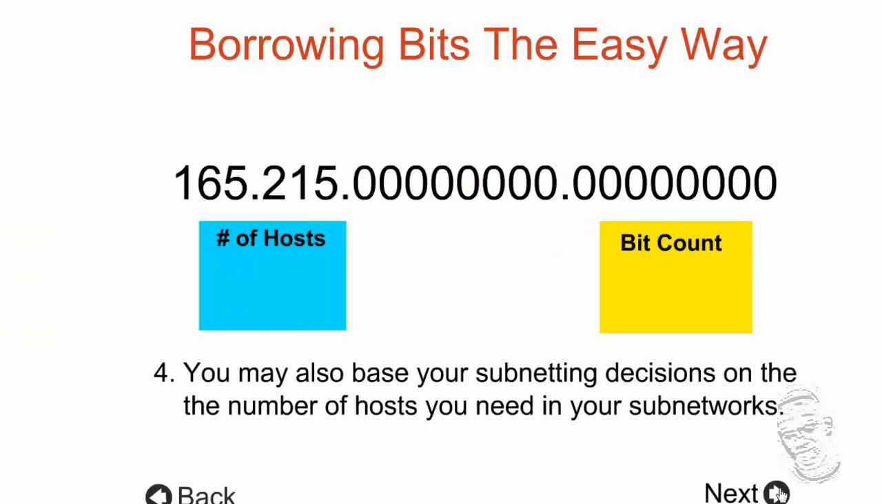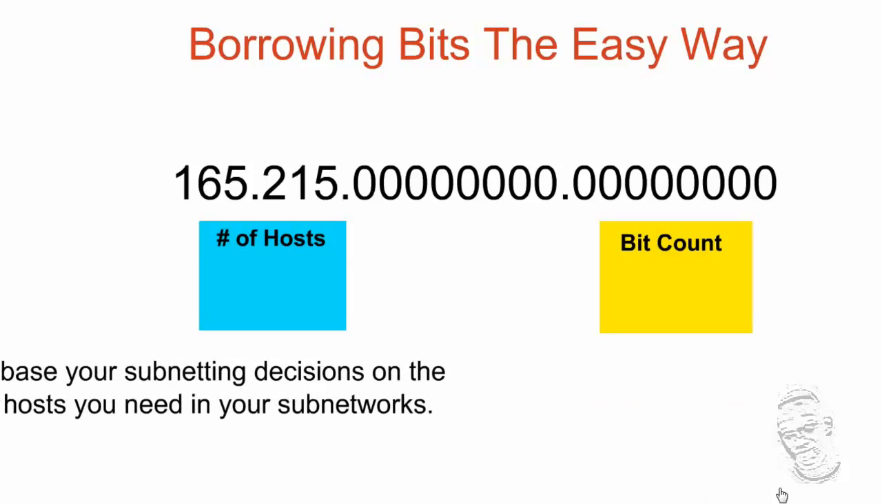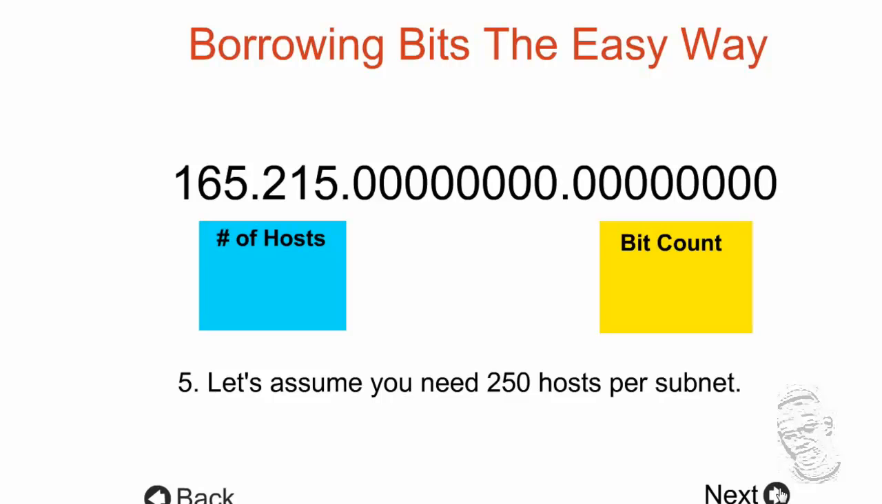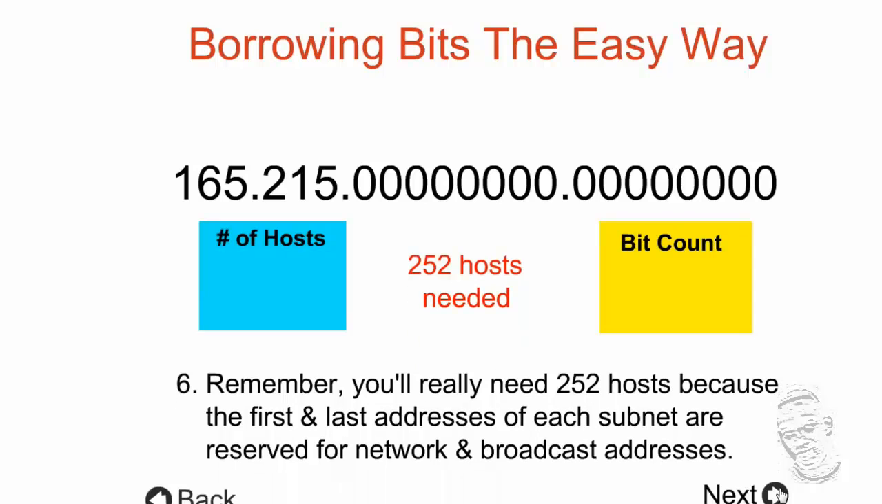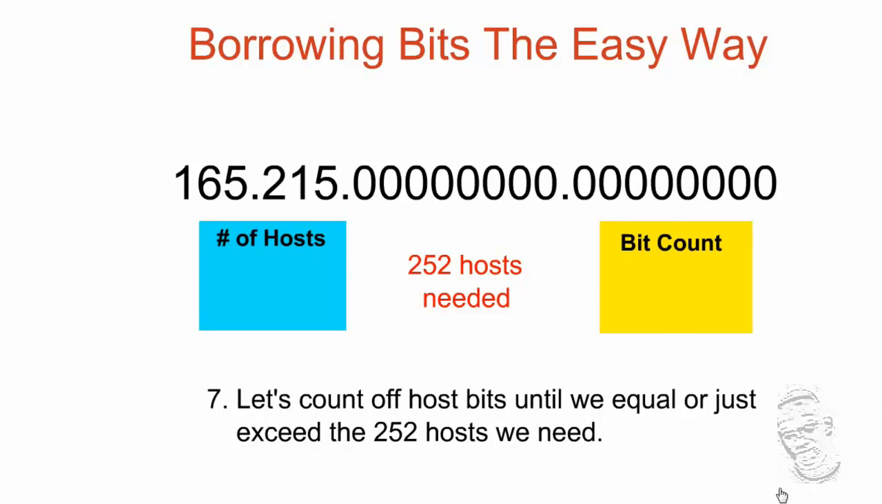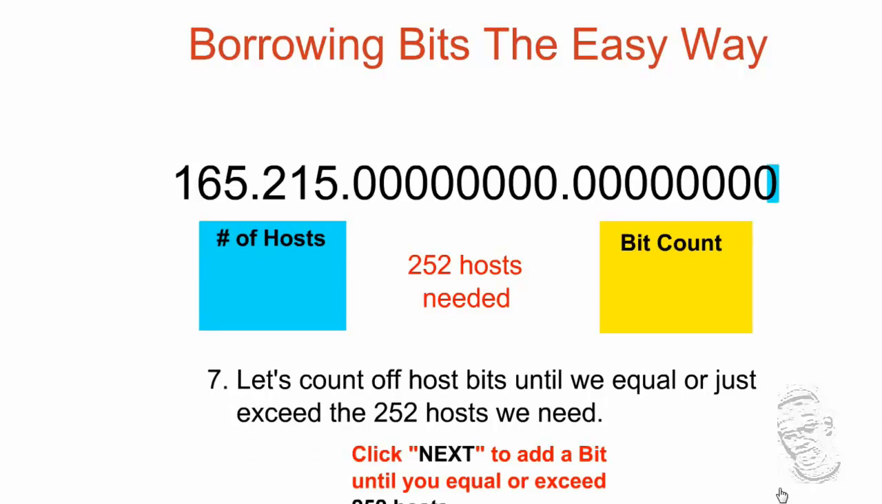So you may also base your subnet decisions on the number of hosts you need in your subnetworks. Let's assume you need 250 hosts per subnet. Remember, you really need 252 hosts because the first and the last address, as I said before, are used up. Let's count off the bits until it equals or just exceeds the 252 hosts we need. As we move up, 3 bits give 8 hosts, 4 bits give 16 hosts. We're still looking at 252, 64,